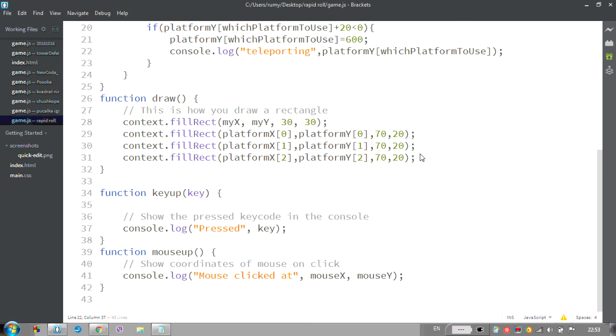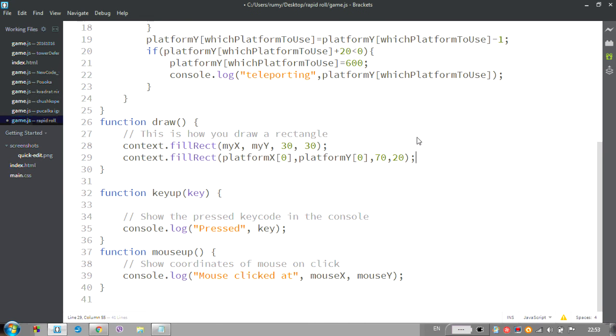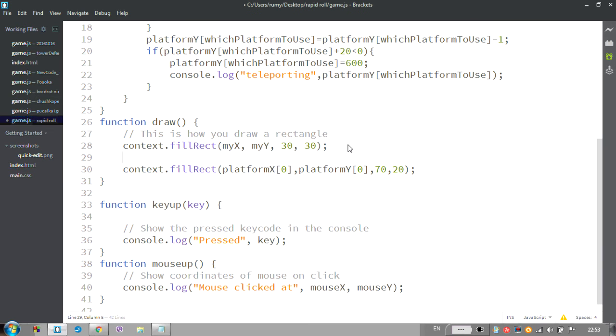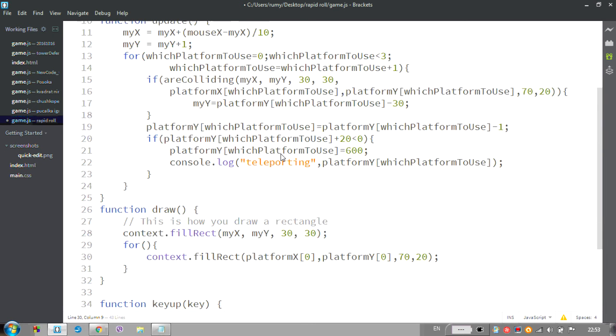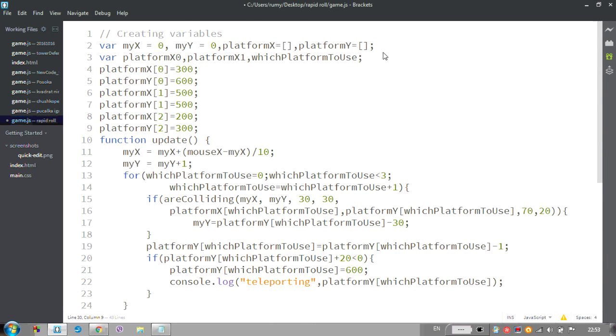I'm going to delete this copy paste and replace it with a for loop. So I'm going to start counting from 0 again and count until all of the platforms. As you know, there are 3 and they are with indexes 0, 1 and 2. And I can use the existing index variable which platform to use, or I can create a new variable